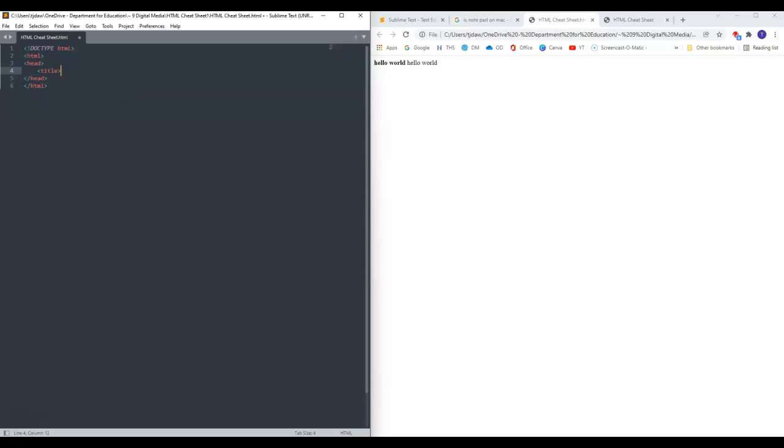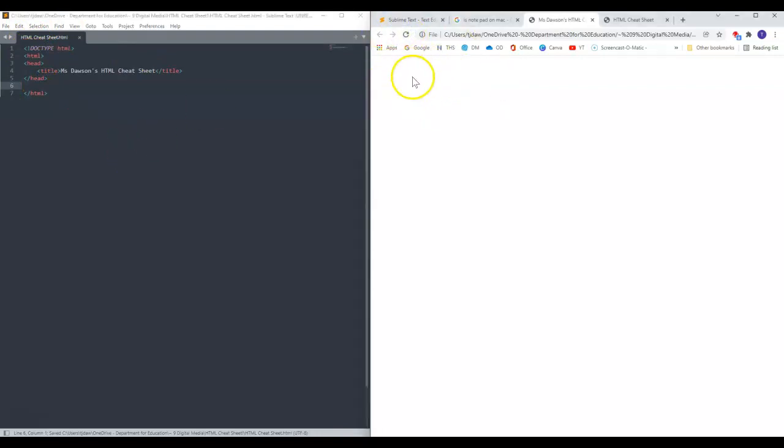So we are going to type in title within this part here. And then what are we going to call it? I think I'm going to call mine Miss Dawson's HTML cheat sheet. And then I am going to finish it off again with, I'm pausing as if I'm asking you what we're going to be doing, but hopefully you answered with the back end tag of title. Then if I go Control S and I refresh this page,